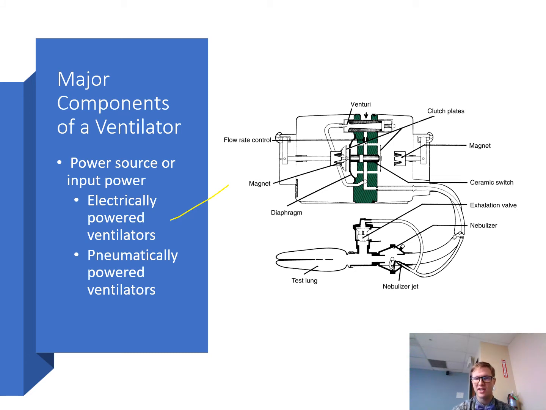The picture here that you see on the screen, this is a Bird Mark 7, right? And it was originally used for prolonged mechanical ventilation. And you'll see this still in some facilities. Some facilities still use them, and you'll see them probably in our lab. We have one. These ventilators are an example of just a pure pneumatic ventilator. There is no electrical component associated with it. You can plug it into a 50 psi source, even a transport oxygen tank, and you can run it just